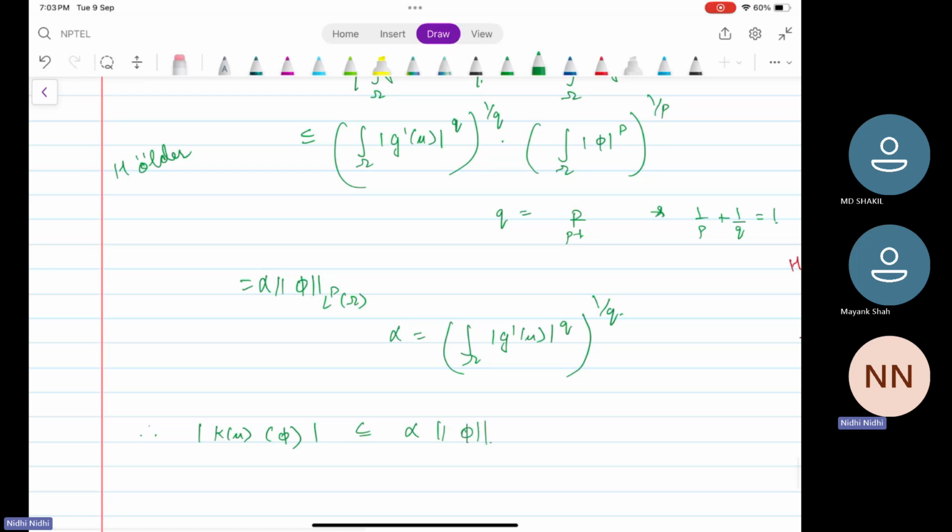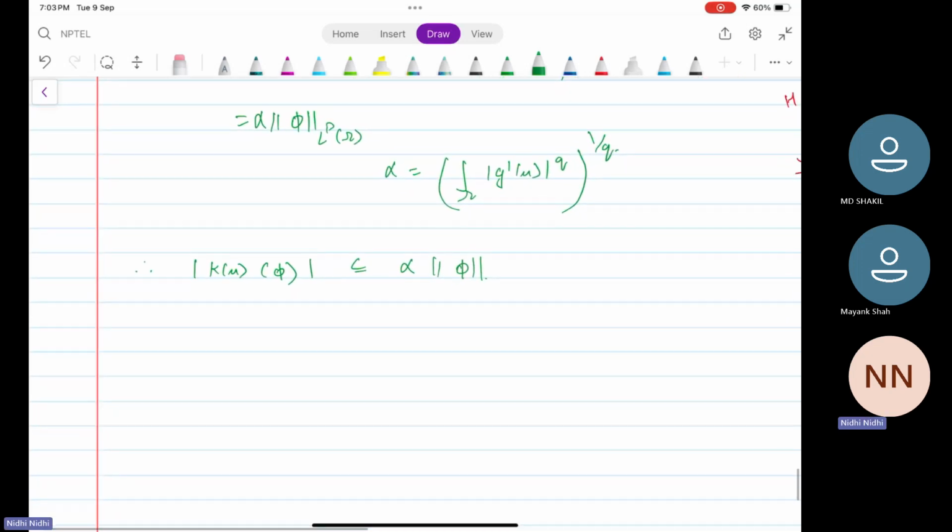We know that if a linear function satisfies this condition, then it becomes continuous. Therefore, Ku is a continuous linear function. Next, we will